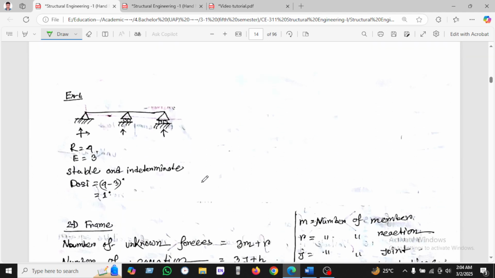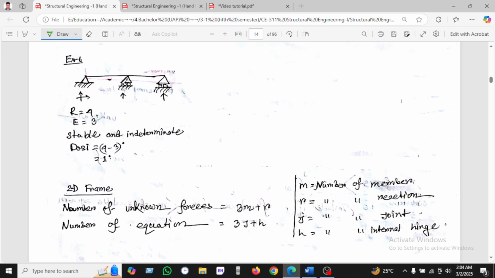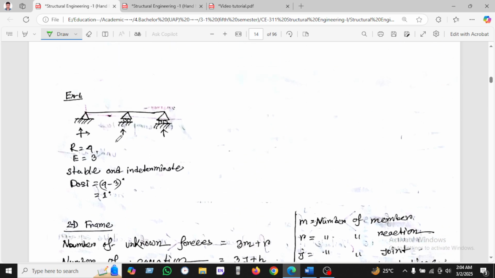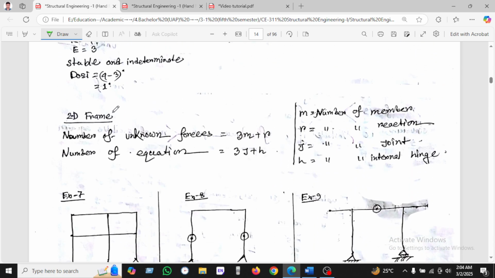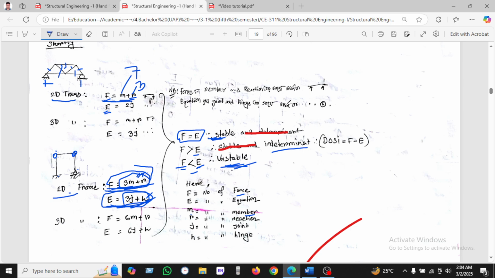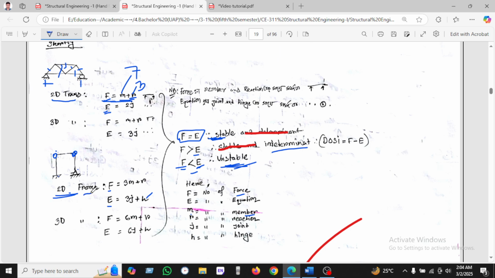So let's see some examples here. I'm just giving two different ones. Let's see, I will find the 2D frame. Before we go to the 2D frame, we know the equation for a 2D frame. We are applying this equation. Okay, let's apply. For a 2D frame, the number of unknown forces is 3m plus r,